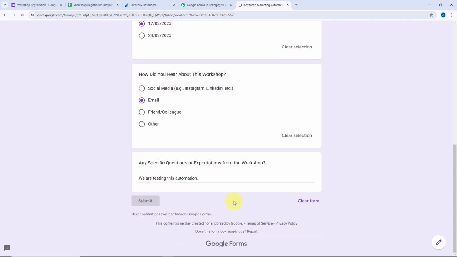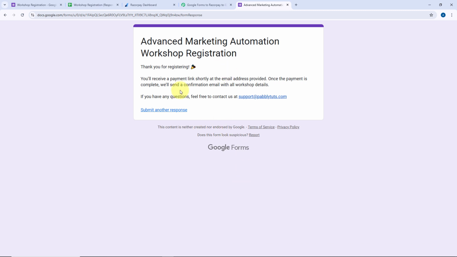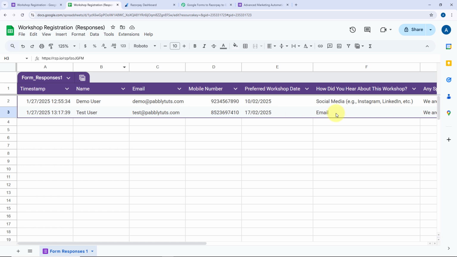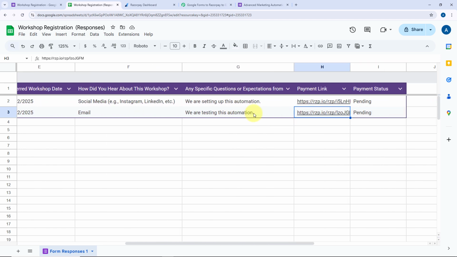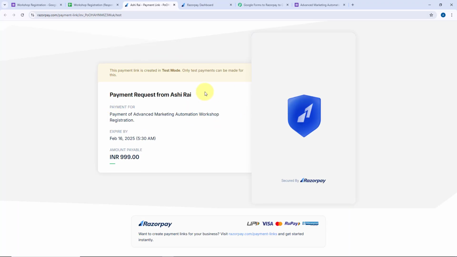Let's click on submit. So just now a new form submission is received on our Google form, and here in our Google spreadsheet you can see a new row of data is added, and also you can see automatically within seconds as we add a new row of data, the payment link is generated and added in the same Google spreadsheet. If you click on this payment link, you can see this is the payment link which is generated for